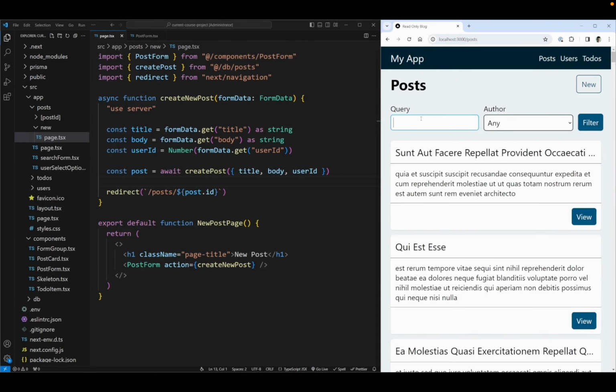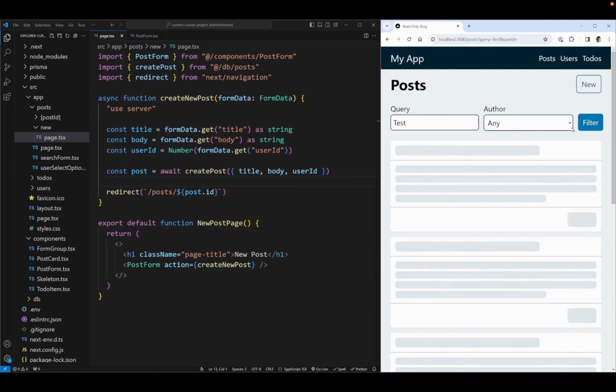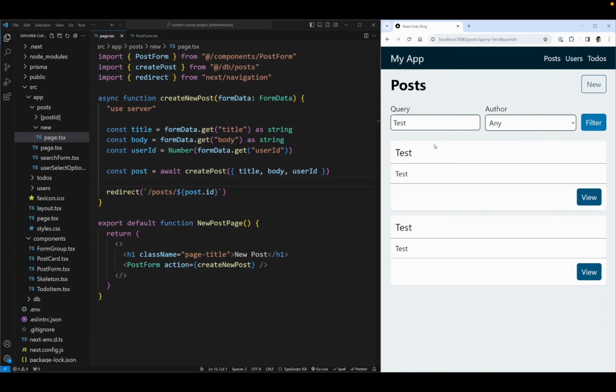And if I go to my overall post and I search for test, we should see 2 total results. The first result from when I clicked save and didn't have this redirect code, and the second one from when I clicked save and it did have the redirect code. Now this is working great, except for there's one problem, and that's that we're not properly revalidating our old pages